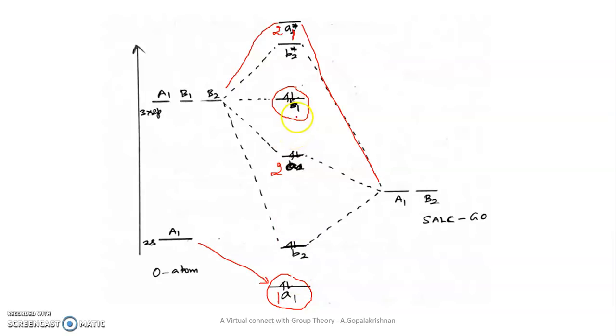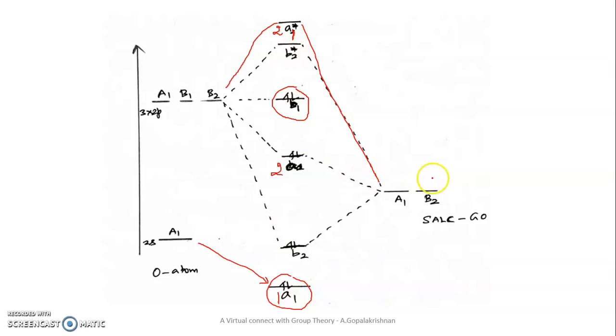Then this is the highest occupied molecular orbital, and this is the lowest unoccupied molecular orbital of the water molecule. Are you clear? Then one more piece of information. See, all these molecular orbitals are sigma molecular orbitals. In the water molecule we have only sigma molecular orbitals, so keep that in your mind. These are all sigma molecular orbitals or sigma electronic levels, right?